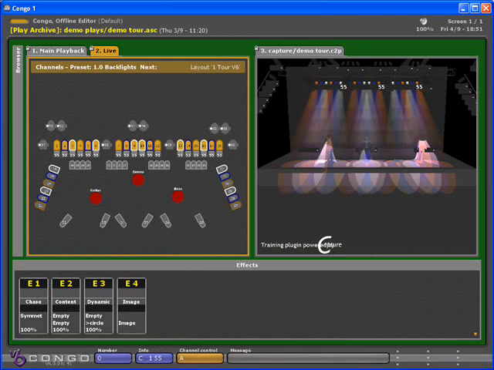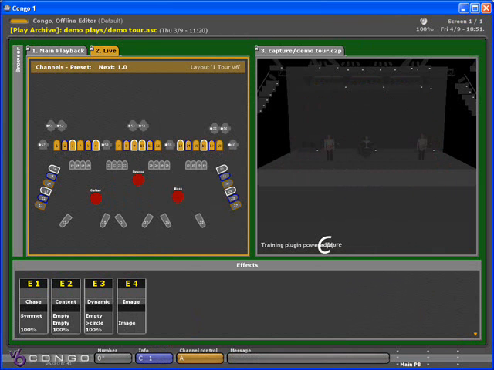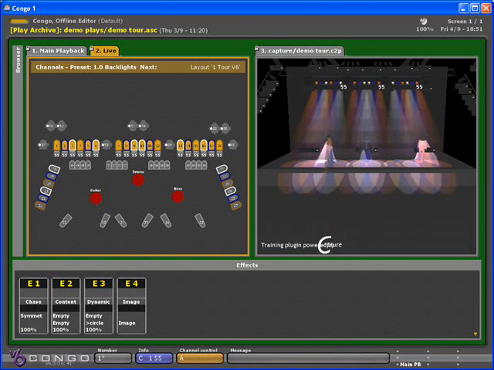If I enter 0 and press go to, we're going to go to preset 0. If I enter 1 and press go to, we're going to go to preset 1. If I want to take out the channels and levels and the current selection on stage right now, I can